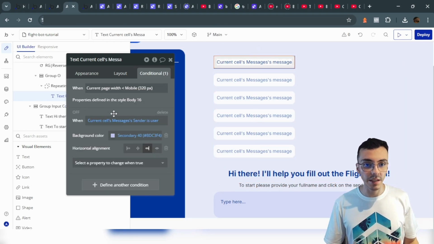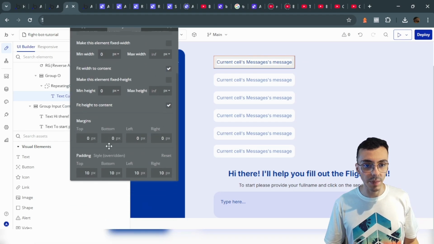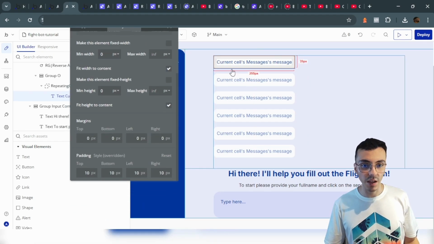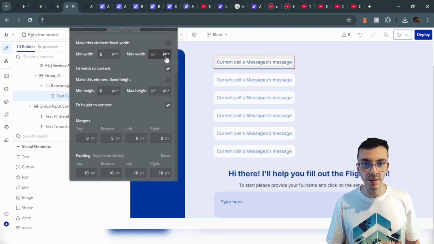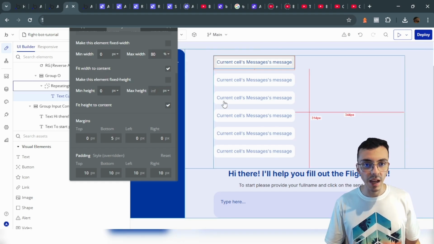The next thing is to add a margin to this text, so the margin will be 5 at the bottom. I'm going to add a maximum width to every text as 80%, and